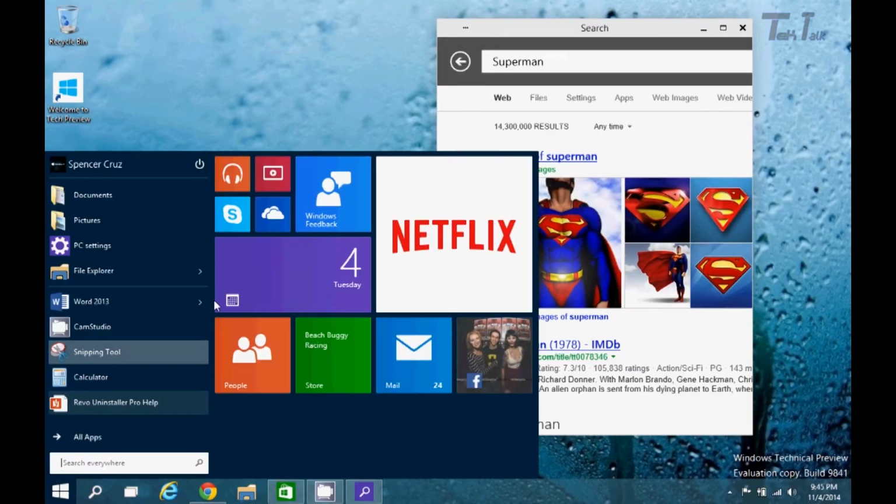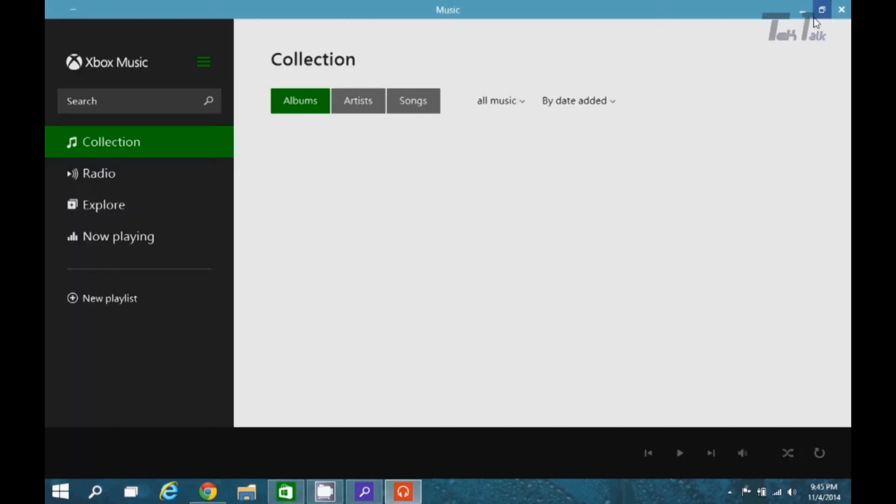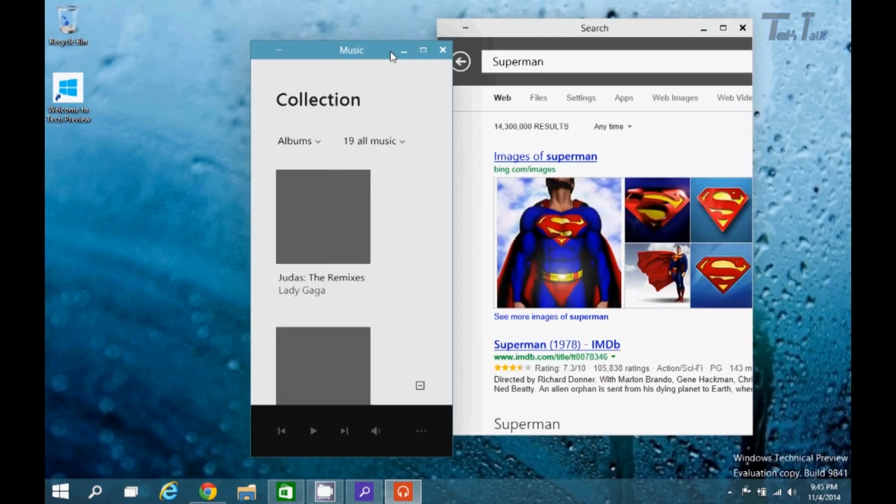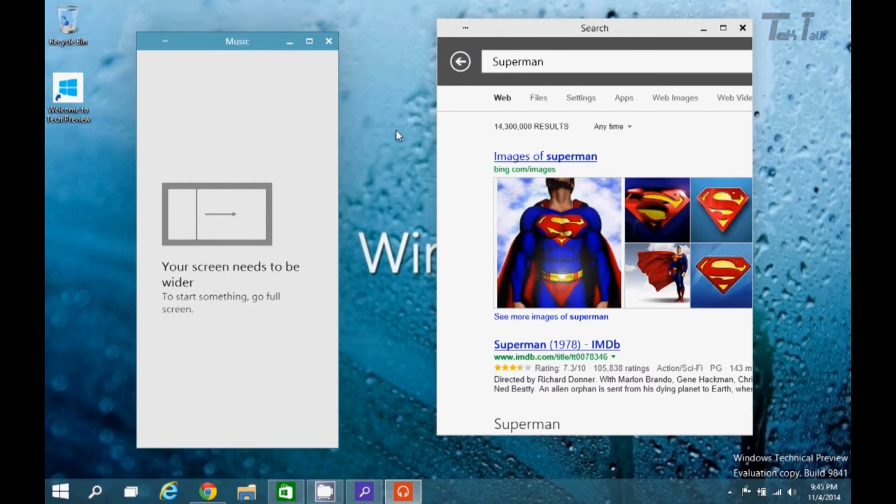Okay, so that's taking forever. So let's choose a different app. We'll do music. Probably not the best idea. Okay, there we go. So yeah, as you can see, you can have different apps and different windows going